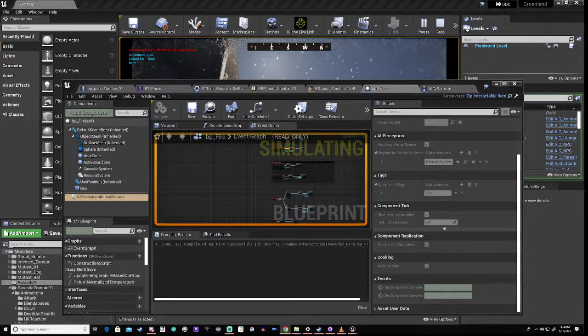AI stimuli tags, UE4. I'm going to see if this actually really means anything. Well, that's a make. Can make a stimuli,